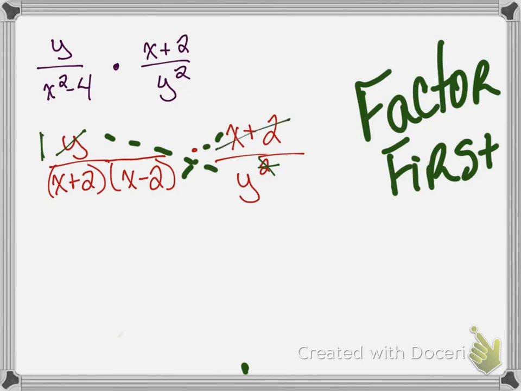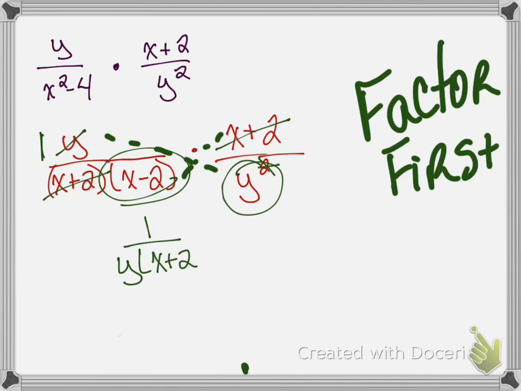Okay? Then my x plus 2 and x plus 2 cancel out. So in my numerator, I'm left with 1. Then I have y, because I've got a y right here, and x plus 2. Now, if you wrote that as y over x plus 2,